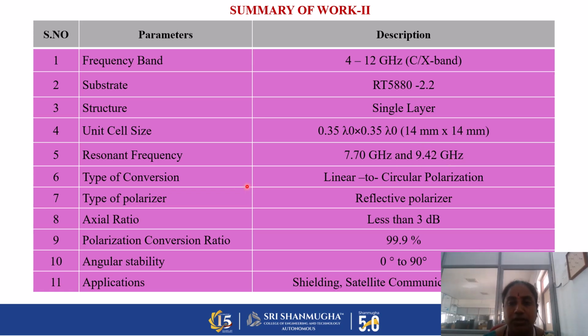The type of conversion is linear to circular polarization. The type of polarizer is a reflective polarizer, and the axial ratio I maintained is less than 3 dB, and the maximum PCR we attained is 99.9 percent. The angular stability we attain in the proposed work is up to a maximum of 90 degree, compared to the existing literature. As for applications, we cover the C and X bands, so it can mainly be utilized in shielding applications, satellite communications for downlink and uplink communication,